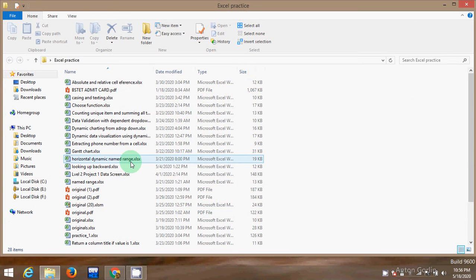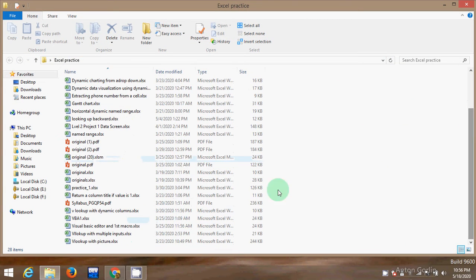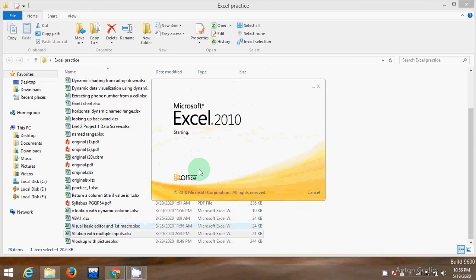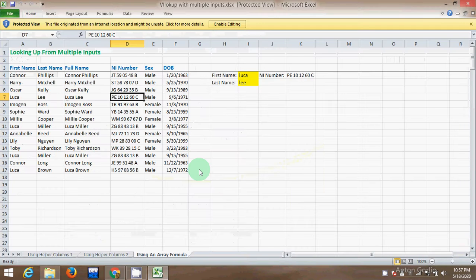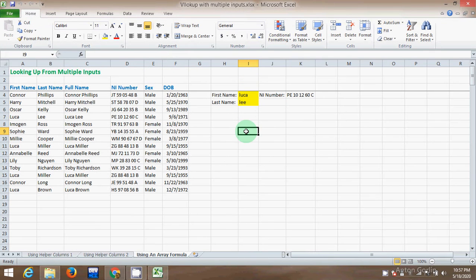Let's open a file in which I will demonstrate how it works. So I am going to open this file. I am applying XLOOKUP, equal to X. Oops, you probably see that it doesn't support the XLOOKUP function.